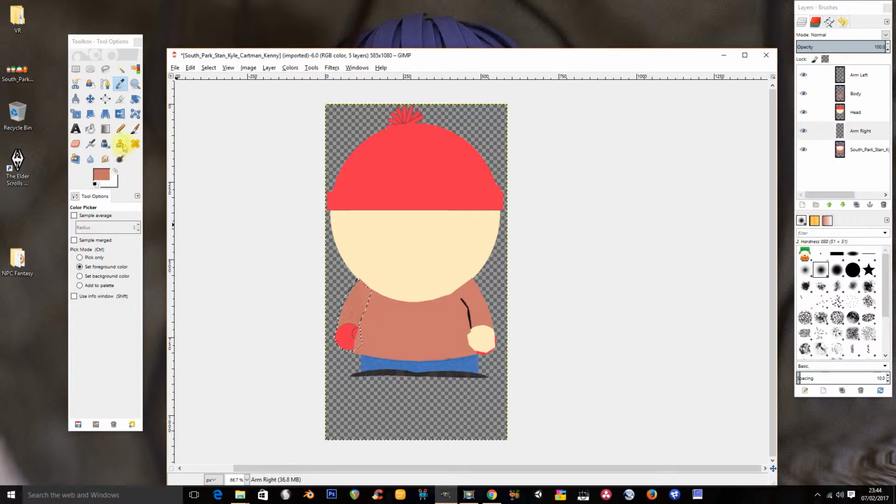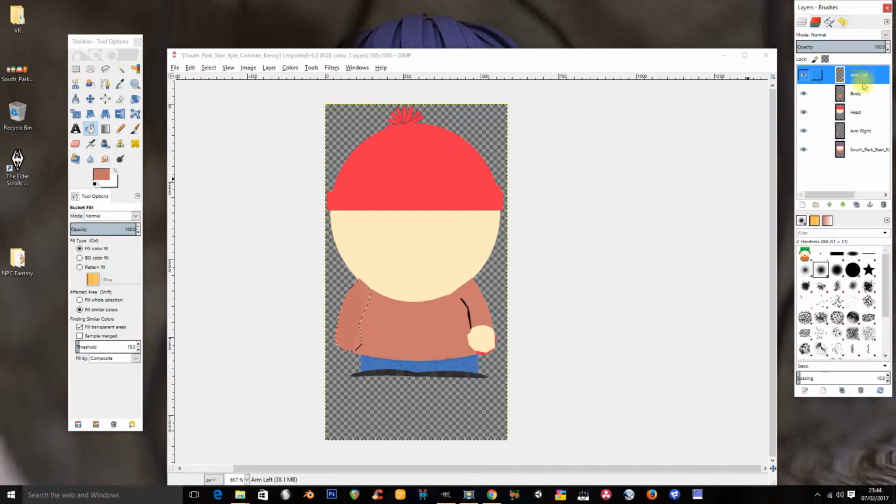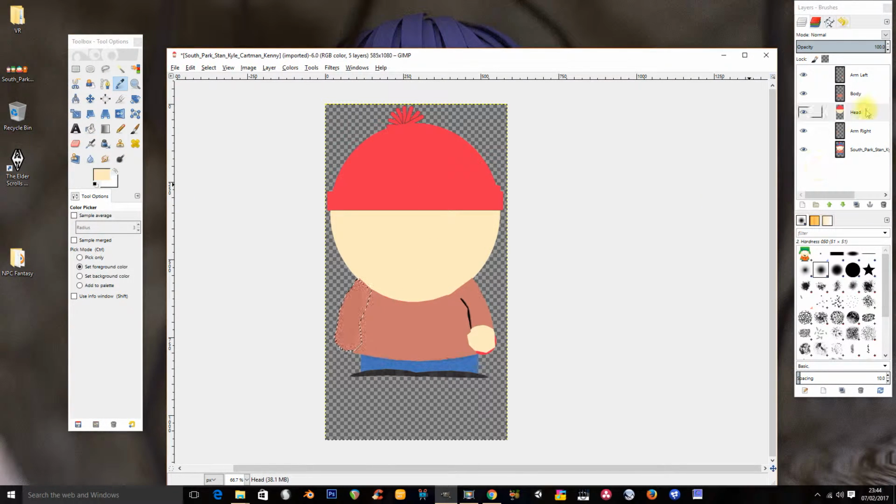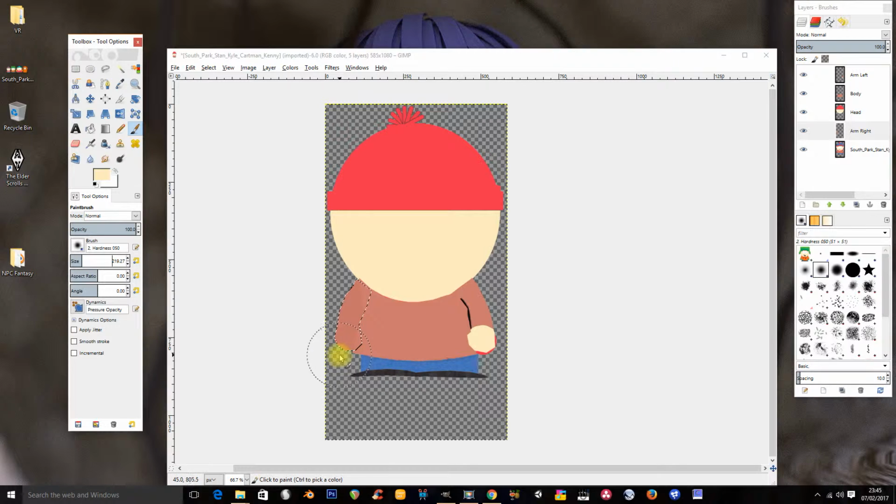Okay, and now I'm going to fill this in with my paint bucket tool. So there's my layer. As before, I need to select that layer, arm right. Actually, I'm going to go first to my pipette, select the skin color, go back to arm right, go to the draw tool, and now we can afford to make that a bit bigger, and just start that there. And if you remember, we changed brush, so it's a harder brush we were looking for,